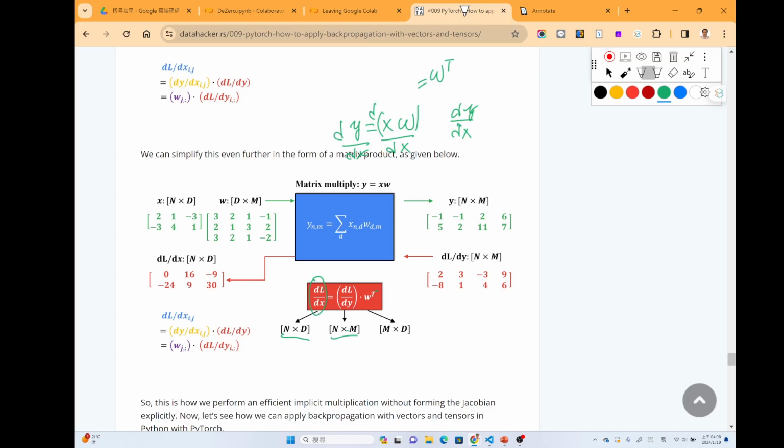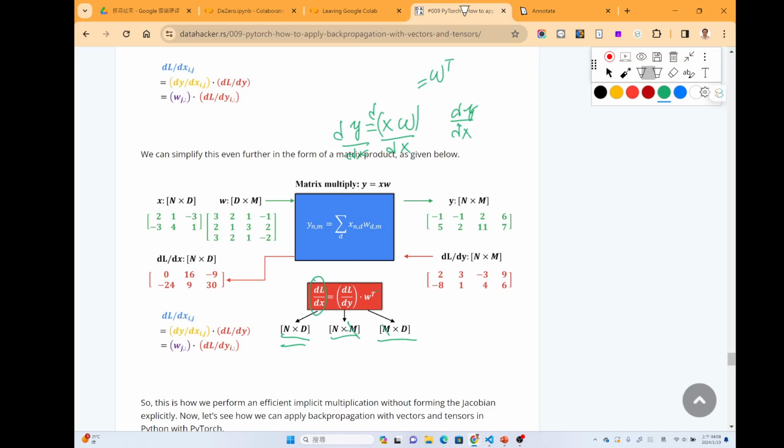So the only way we can produce the n by d from the n by n is that we need to have some matrix which is n by d, so that we can cancel those two and get the n by d here. So what's the matrix with the n by d dimension? We know that the W is d by n, so the transpose will make it to be n by d. So in this way, we know that we need to have some transpose here.